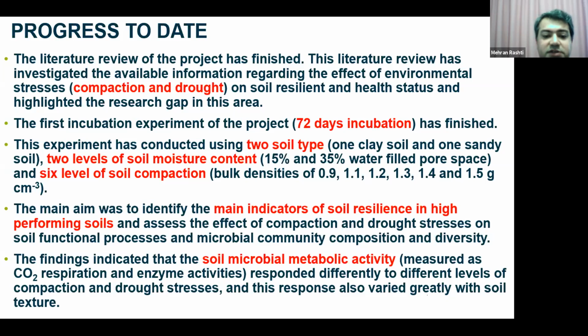The main aim of this experiment was to find the main indicators of resilience in the best performing soils, and to see the effect of compaction and drought on changes in microbial community composition and functional processes. The primary result from this experiment was interesting. We found that the microbial metabolic activity, as we measured it through CO2 respiration and enzyme activities, responds differently to different stresses, which also varies with soil texture. So if I want to explain it a bit